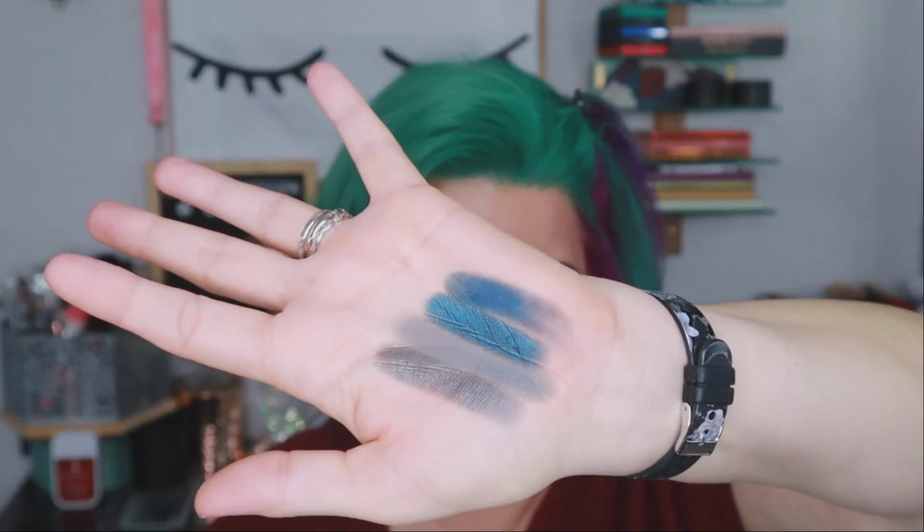Then we have the matte navy in the palette, and that is what it looks like, and it is called Lagoon. Again, it's a matte navy, and this one is the other one I kind of struggled with. You guys can see, I think, that it is a little bit patchy. But again, like the gray, as soon as you start blending it out, it just looks amazing. What I would say I struggled with the most is really trying to blend that blue into that gray. I don't think that that's the smartest move. This is the only one that I would say stained, and it's because it's a navy blue,